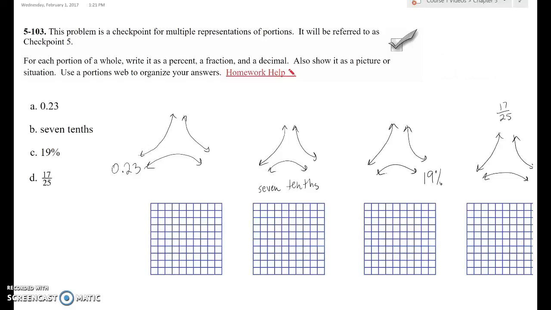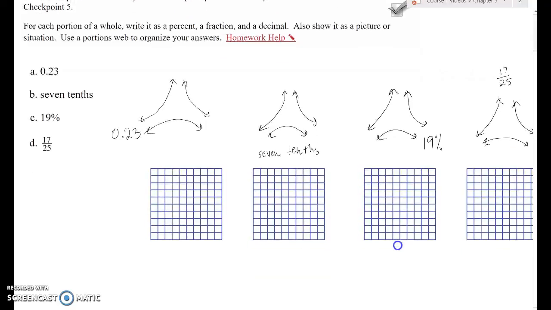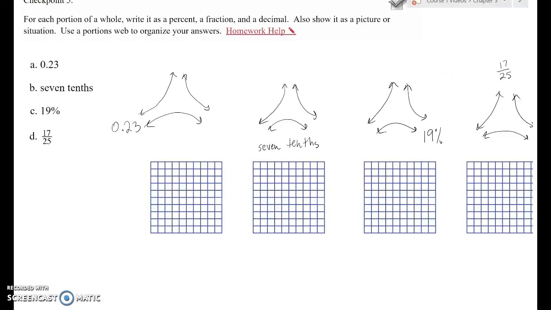We're going to do a wonderful question about portion webs. So hope you guys remember these. This question is a little different because it asks you to also diagram what each portion represents. I've chosen 100% grids to show each of these portions. You could have done number lines or little bar models that show portions, but they're kind of weird portions like